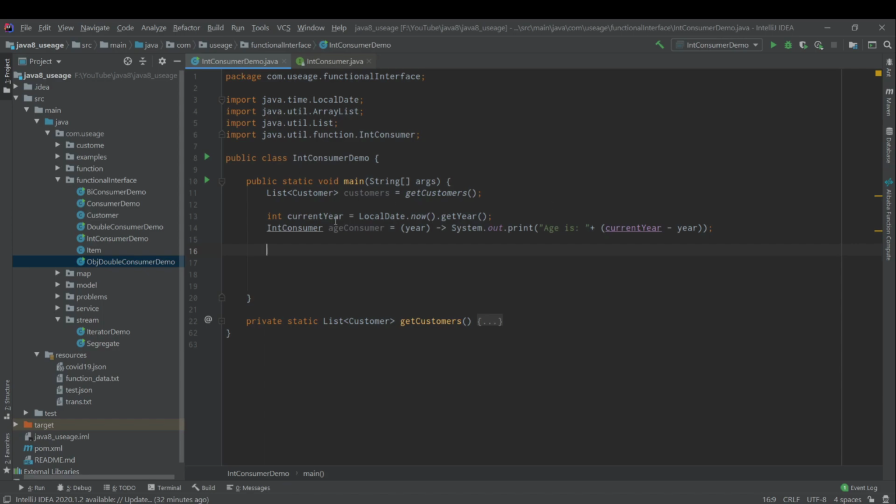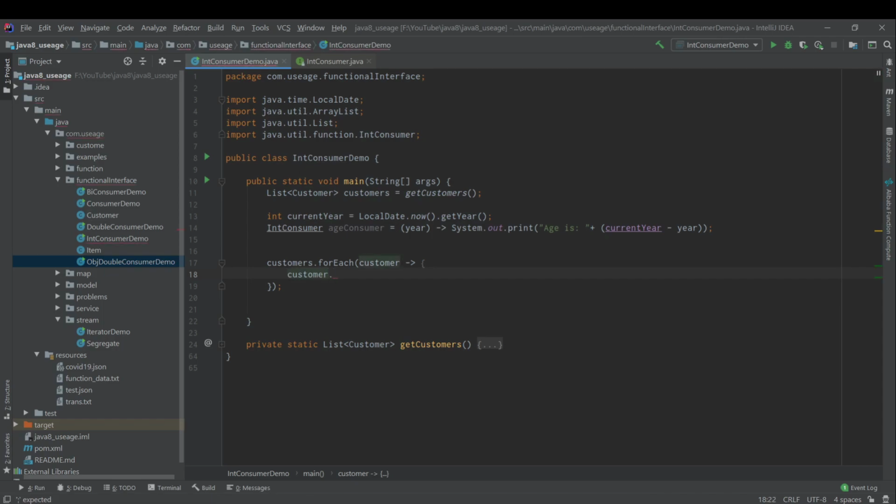So I want to find the age of a list of customers. So what I will do, I will loop over the customer list, a for each over the customers. I want to print the name of the customer, customer.getFirstName().